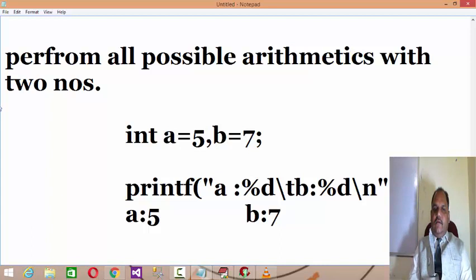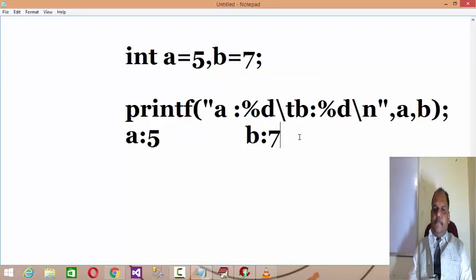Like here the input will be printf a colon will be printed as it is, and here is the value of a, and b colon will be printed as it is as a comment, and %d means it will fetch the value of a to here. It's like %d is a format specifier. Kindly print the value of the variable a in the decimal format. Kindly print the value of b in the decimal form. It's a control string, a formatted string to print the value of variables over there.